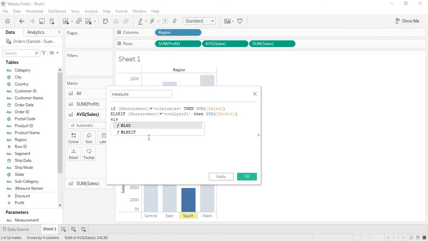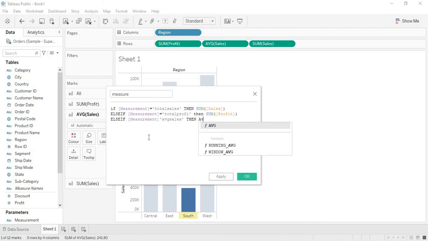And also if we select the average sales, then we want to show the average sales here. So I have calculated the equal here. Okay, I'm going to apply this.